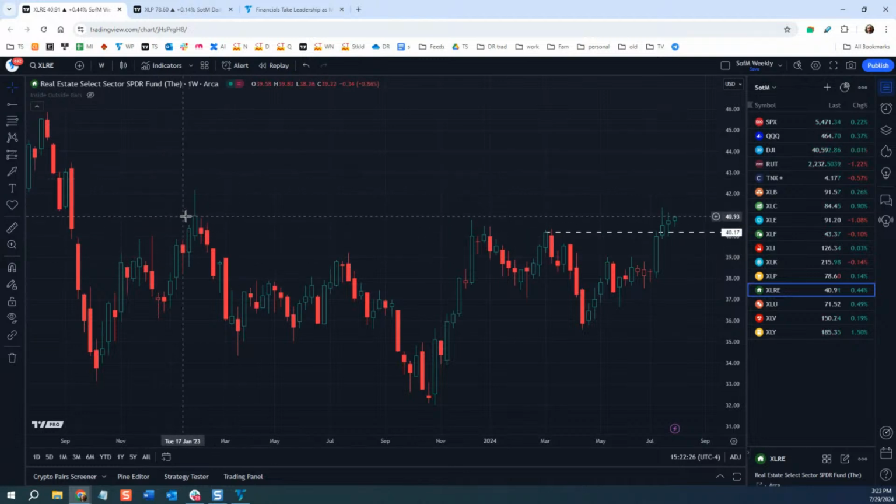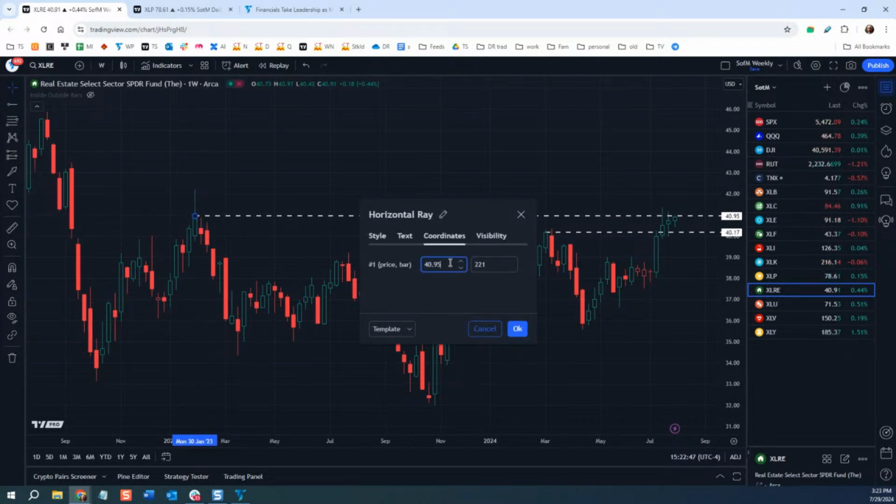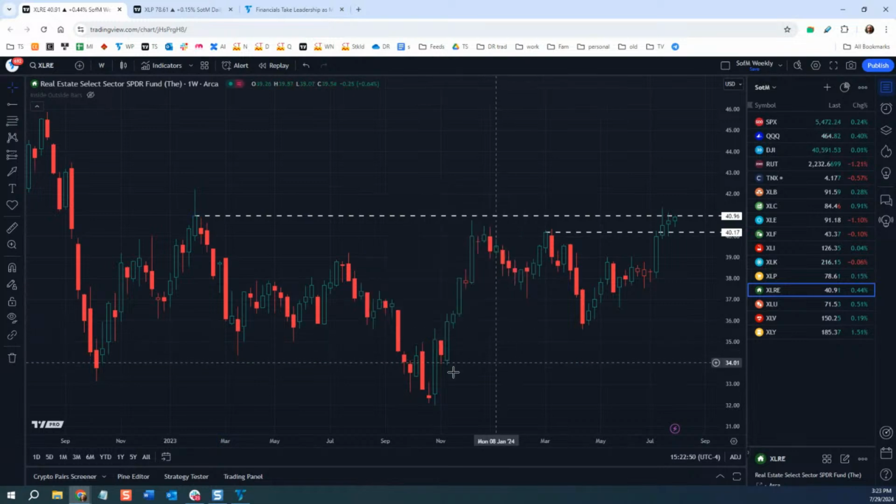Again, this is one where it's hard to sometimes really know what the real triggering level is. I just want to add this level here, the close from back in January, at the beginning of February of last year. The close was 40.96. I'm going to add that to my chart. So anyway, I want to just point out this is also potentially in a spot where it could be inching toward those levels where it starts to get people's attention and they say the downtrend is over. So I think it's important to realize these things are happening on some of these charts.